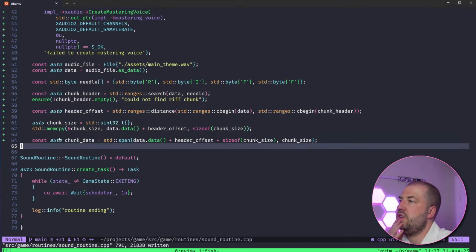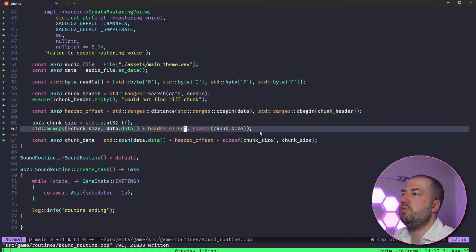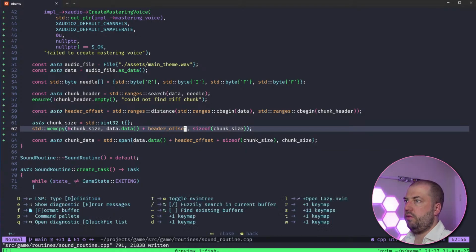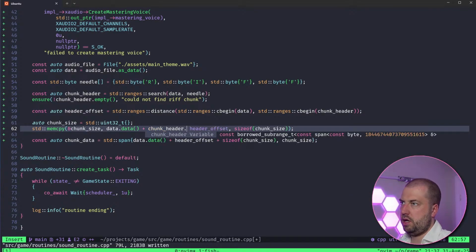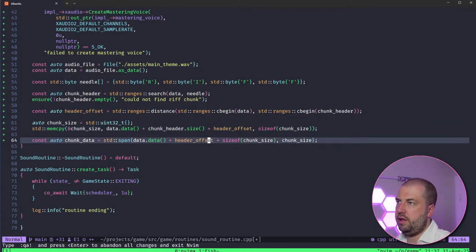Because then to read the chunk size, oh, I see what you mean. Yes, you're right, that is a good point. Actually, I want plus size of, well, actually, I guess 10 to be super correct. I would want chunk header dot size plus that, and then